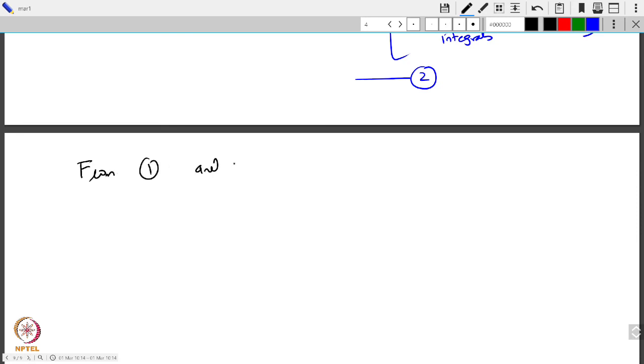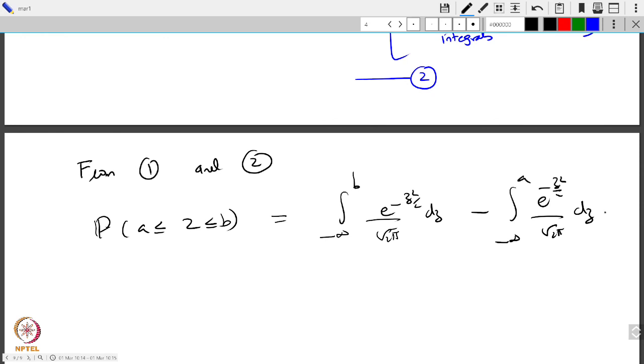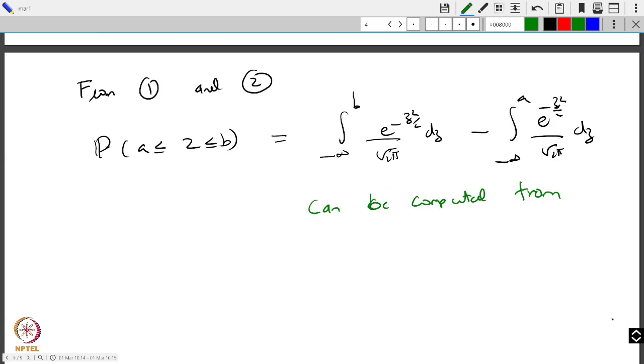The probability of a less than z less than or equal to b, which is equal to the integral from minus infinity to b of e to the minus z squared by 2 over square root 2 pi dz minus the integral from minus infinity to a of the same, can be computed from tabulated values